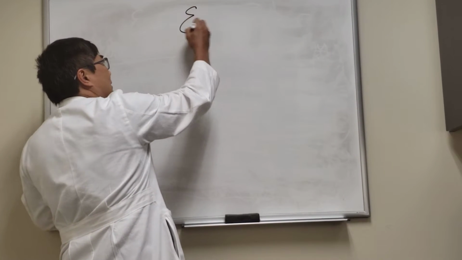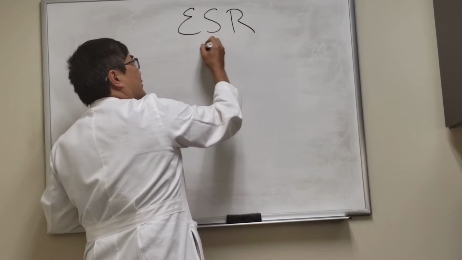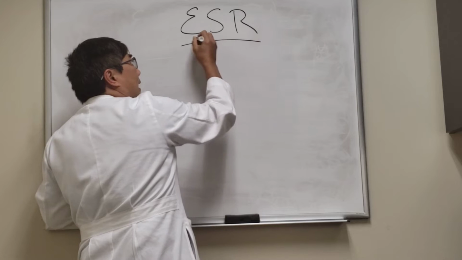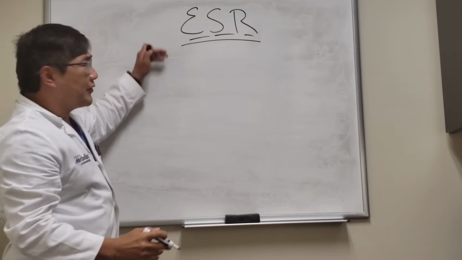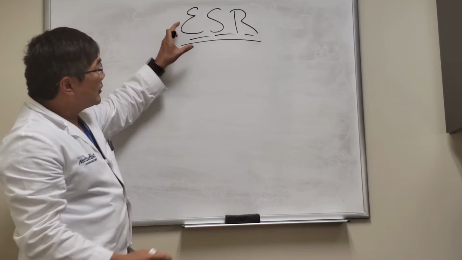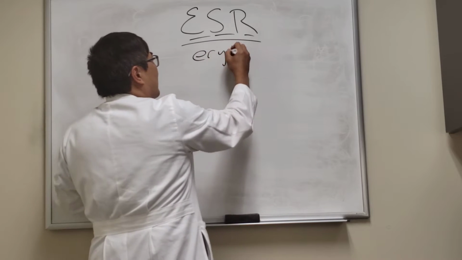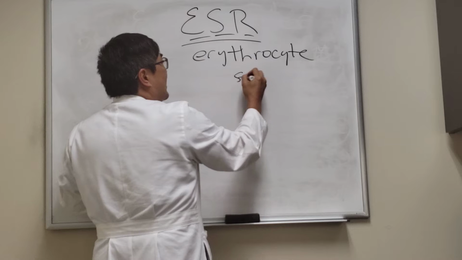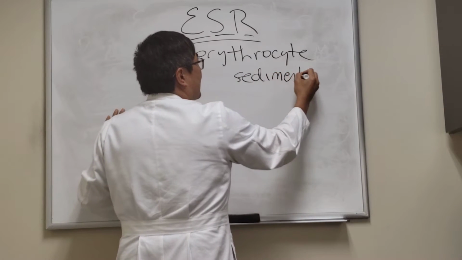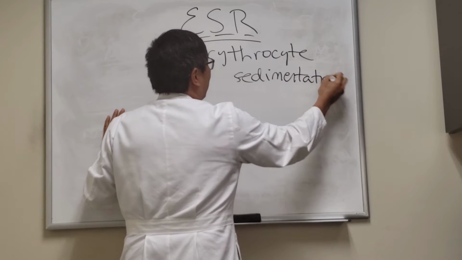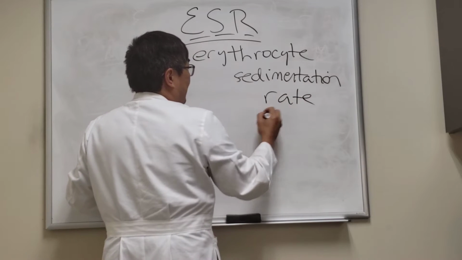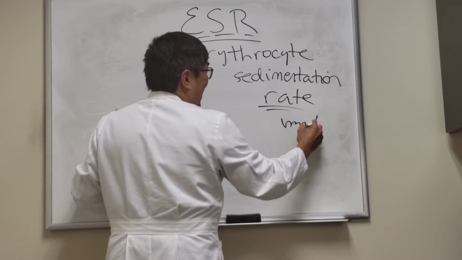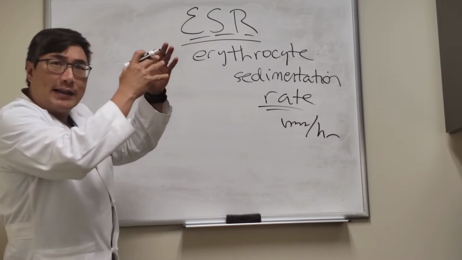So somebody asked how we use the erythrocyte sedimentation rate in neuro-ophthalmology. And in order to know how to use it, you have to know what it is. So an erythrocyte sedimentation rate is the rate at which the erythrocyte sediments. So it's not a real fancy test, and it's the rate in millimeters per hour of the red cells sedimenting